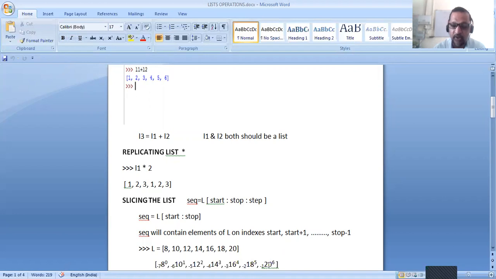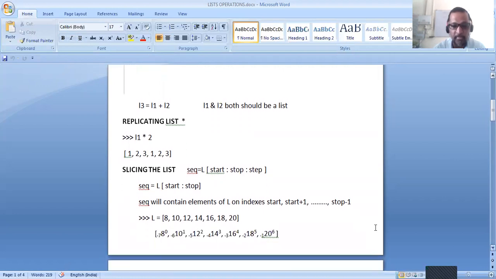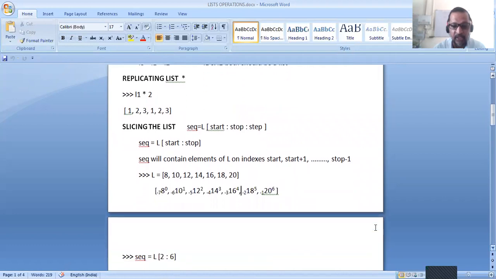Also, we can refer to list elements by negative indexes. 20 can be referred to by the index -1, 18 by -2, and 8 by index -7. When we give the command seq is equal to L[2:6], it will start from index 2 and go up to index 1 less than 6.